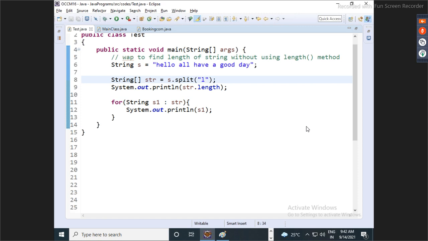So now I'll split with L. Note down. Tell and show me what will be the output. What will be the length of that string array, and what will be the output?